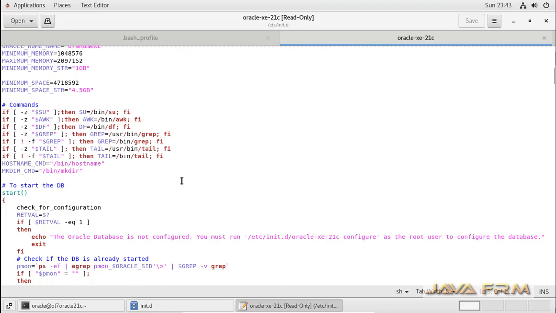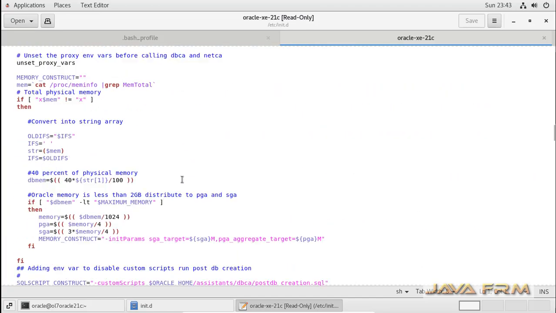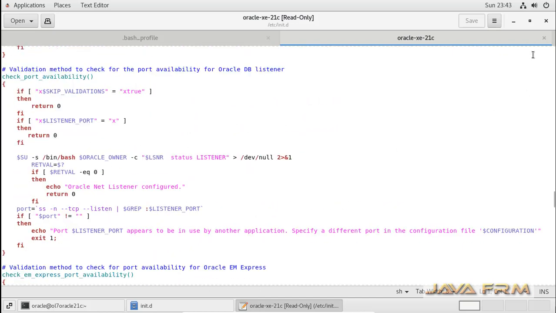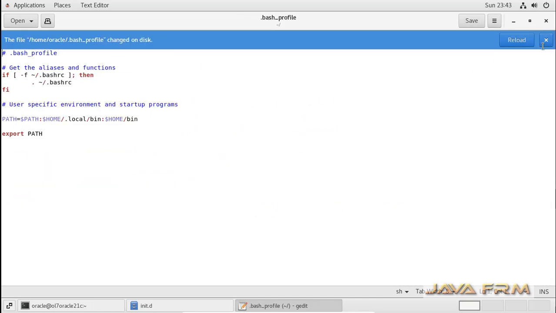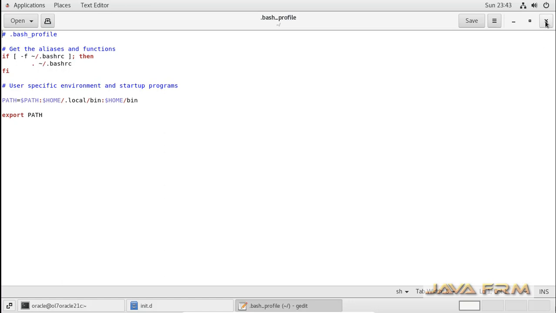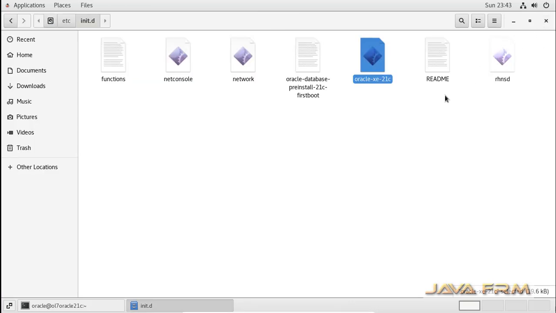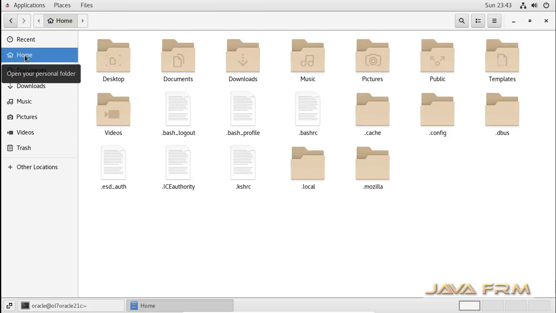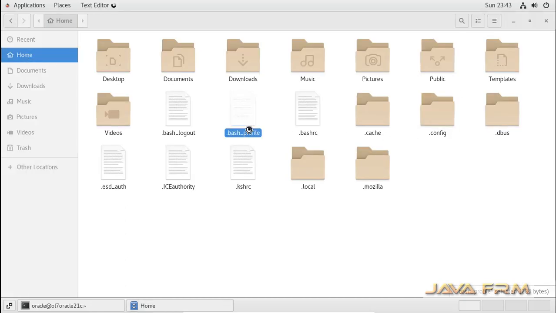This script, oracle-xe-21c, will take care of Oracle start, stop, everything. So Oracle is installed as a service here.